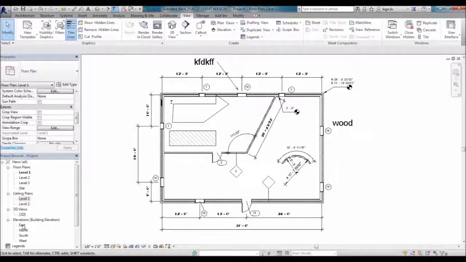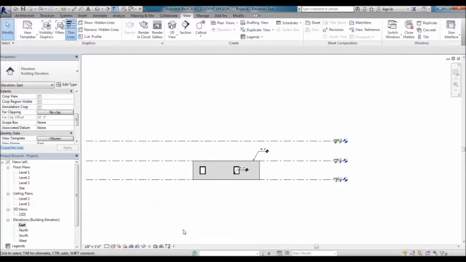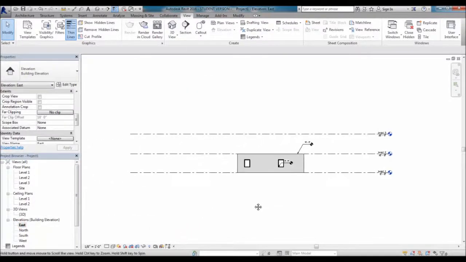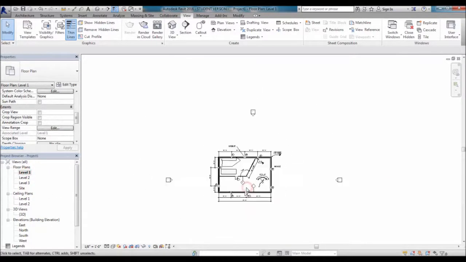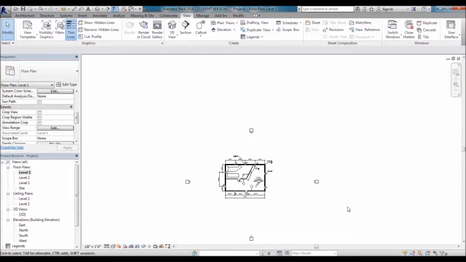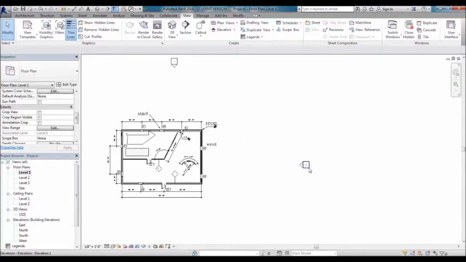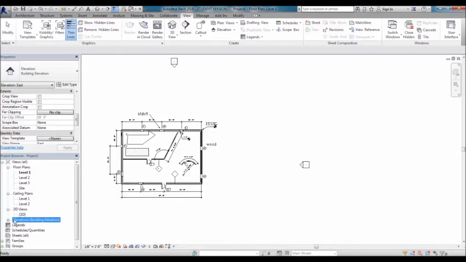Now with your elevations, as you'll notice, we have our 4 major ones that are automatically created for us. If we look at them in our floor plans here, you'll notice them here: you have your little elevation box and the elevation triangles. The little triangles on the sides of them denote that there's a view created for it. So if we go to our east,